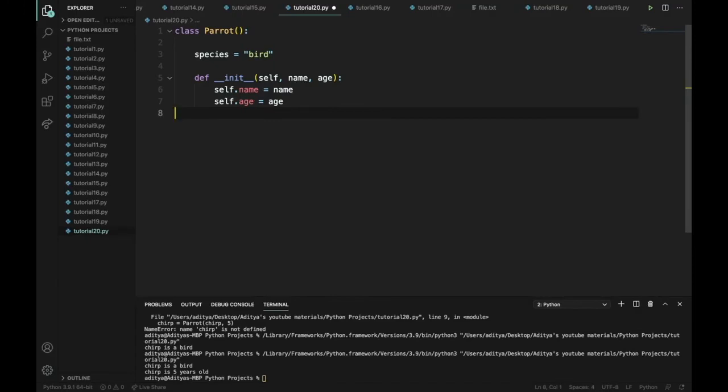And let's say we want our parrot to sing. So we can create def, or a function, sing, and we can do self and then song. Now we have to put a colon here, and then we can return